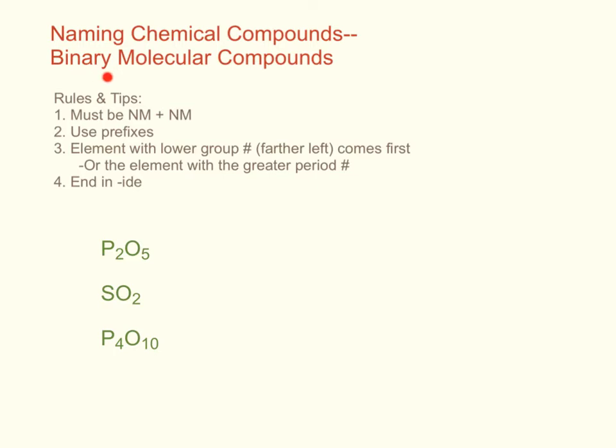So when we have a binary molecular compound is when I have a nonmetal bonded to a nonmetal, which is going to mean that I have a covalent bond, meaning that my elements are sharing electrons in order to form that bond. Okay, and since I'm sharing electrons, I need to use prefixes to communicate how many of each element I have